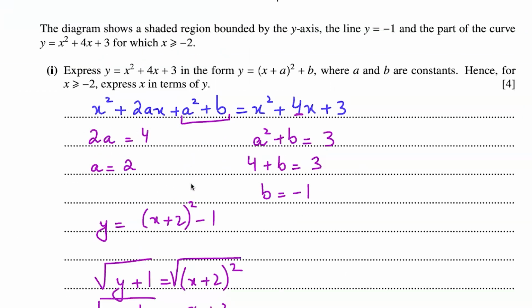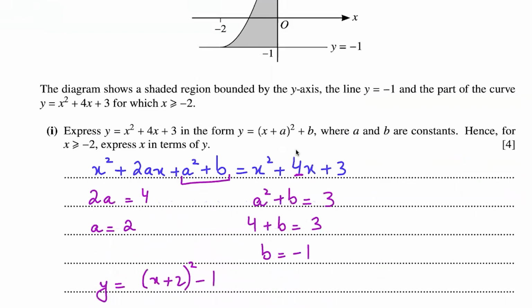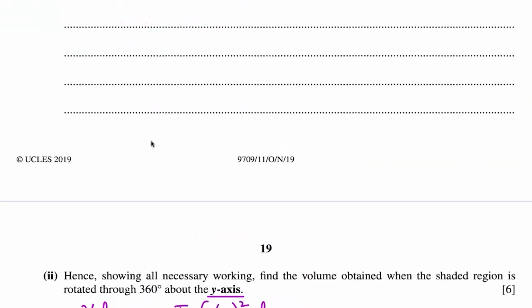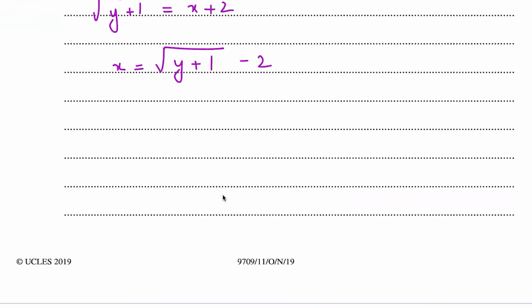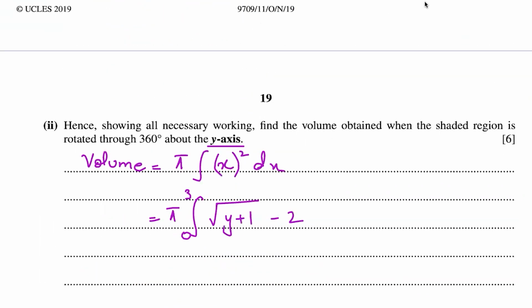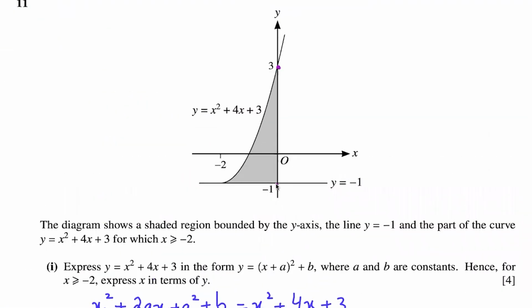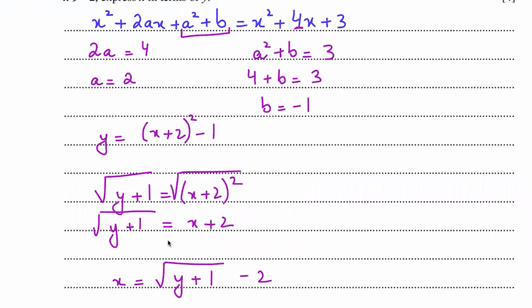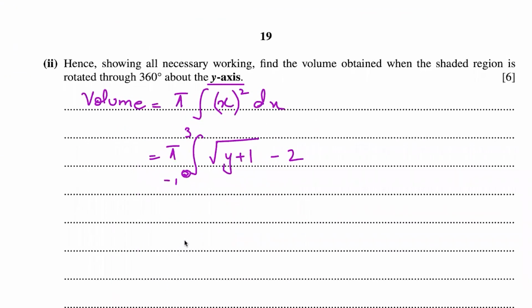And the limits, it is given in the question, the y limits are 3 and 0. Actually, the y limits are not 3 and 0, they are 3 and minus 1. So the lower limit will become minus 1. Now integrating (square root of y plus 1 minus 2) whole squared. First we have to square the whole function. Squaring the whole function, we get,